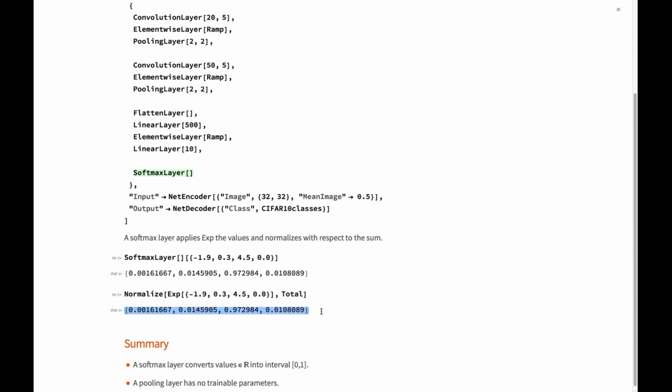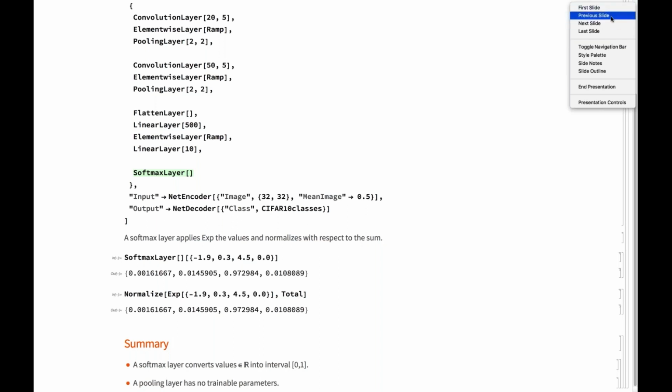If the excitation of a certain neuron is high, you assume that the class for which that neuron stands has a high probability in the incoming data. So again, sorry, it shouldn't say pooling layer, it should say softmax layer. It doesn't have any trainable parameters, and it does map from R to the interval 0 to 1. And that's then essentially the last layer that you need.